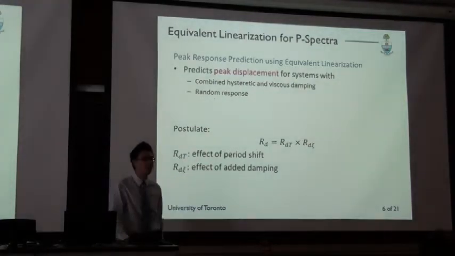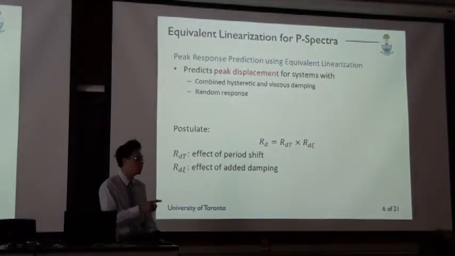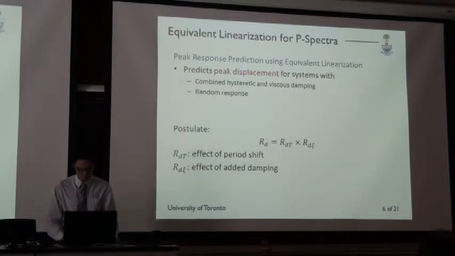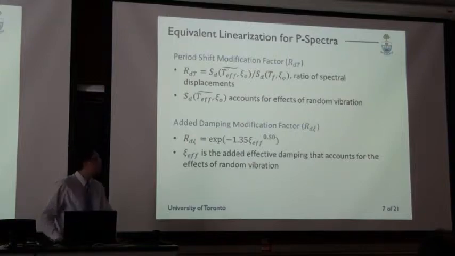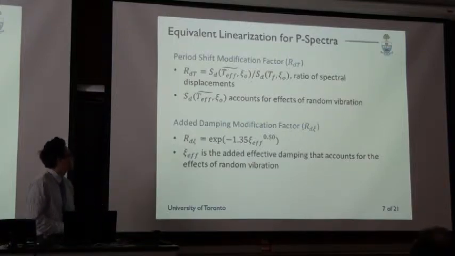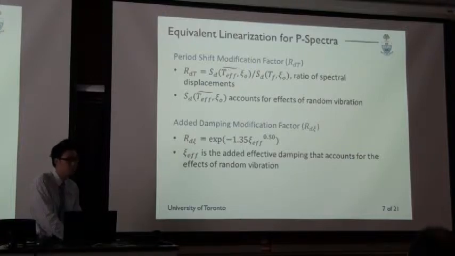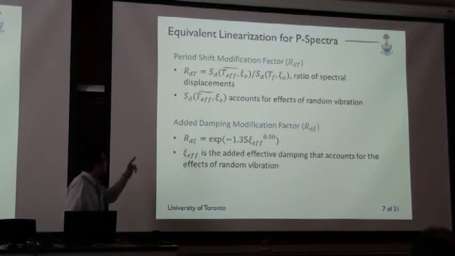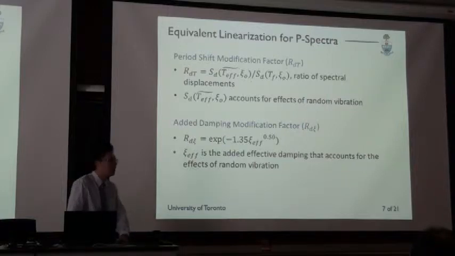RDT represents the modification in displacement due to the change in period once you equip the structure with dampers. And RDC represents the effect of adding damping. So without going into too much detail, simply speaking, RDT is defined as the ratio of spectral displacements at the effective period of the damped structure versus the initial undamped period. The tilde on top of SD in this case signifies that this quantity actually accounts for